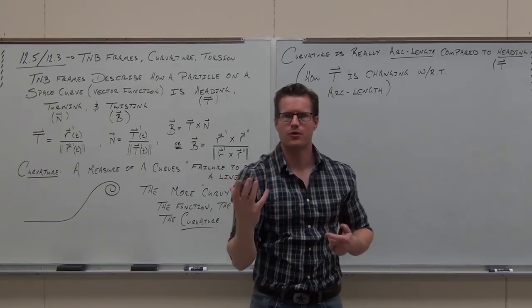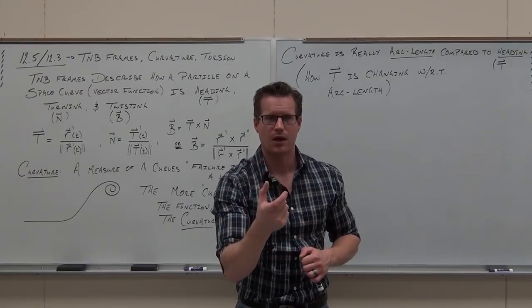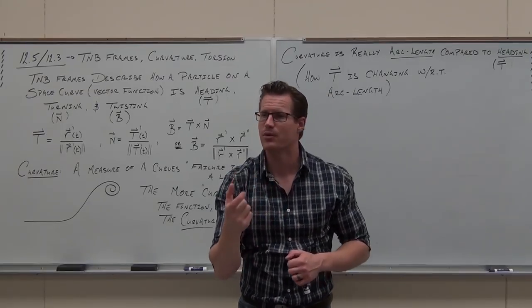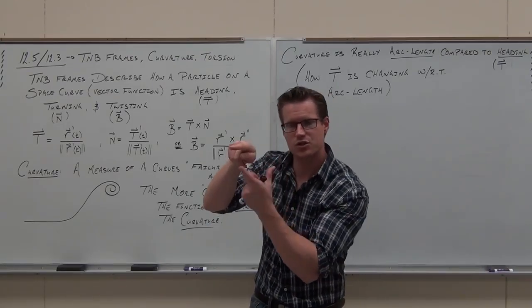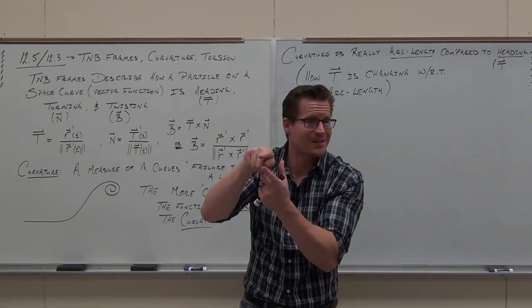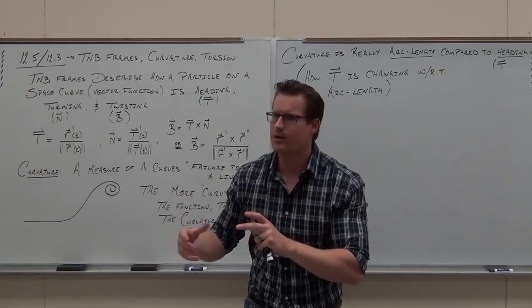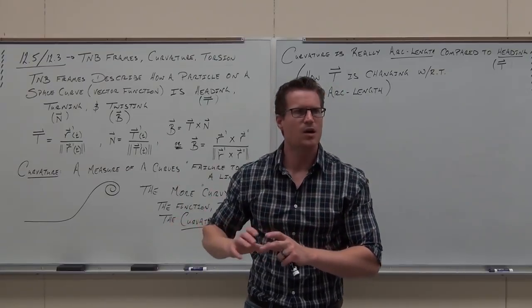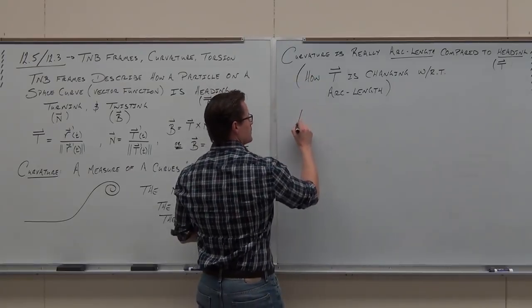Now, listen to my verbiage of what I'm talking about here. I said over a period of arc length. This is why we reparameterize by arc length, so that we can compare the tangent vector to the arc length. That's why we did it. Are we going to use it? Yeah, sometimes. We have some ways to work around it with the TNB frames. It's nice, but the idea here is that this curvature,